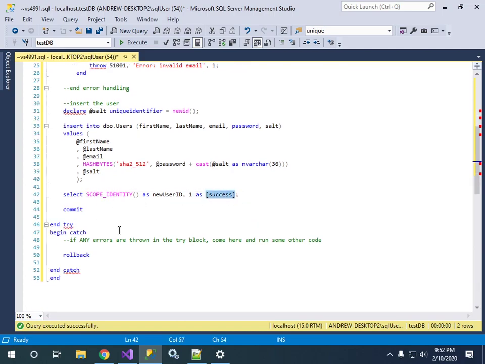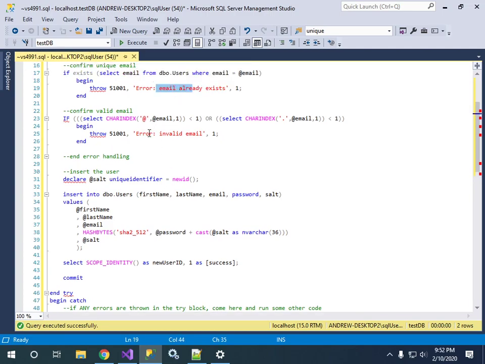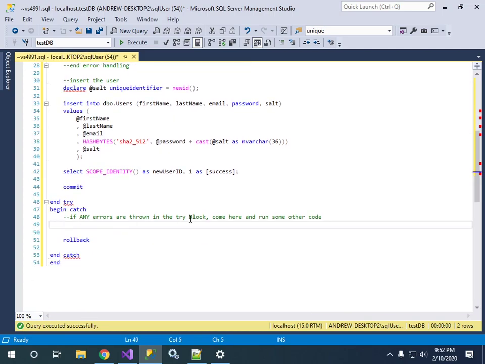And that's important to remember in the catch block. If something goes wrong, I am going to still need to return 2 columns. They can just be something else. So, begin catch. If anything goes wrong for whatever reason, for example, if one of these 2 errors I've programmed in get thrown, we need to return the results there. So, if anything goes wrong, the new user ID isn't going to exist, so we're just going to select -1, 0 as success, and I suppose we have to actually throw the error message too, so what we'll do there is say